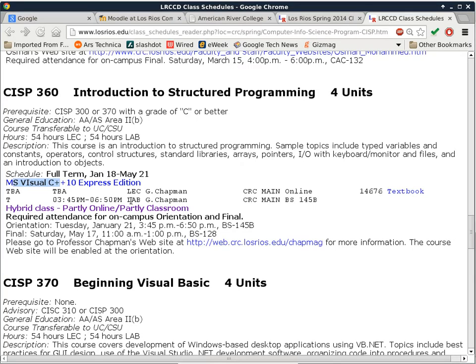And this one is a hybrid class. It's done by Chapman. And it's also a hybrid class, so it's partially online. So you can check out the other campuses and see whether you can get into one of those sections. And because this one only has the lab face-to-face, you can talk to the professor and see whether it is mandatory or not. If it's not mandatory, then you can take most of your classes here and take that one